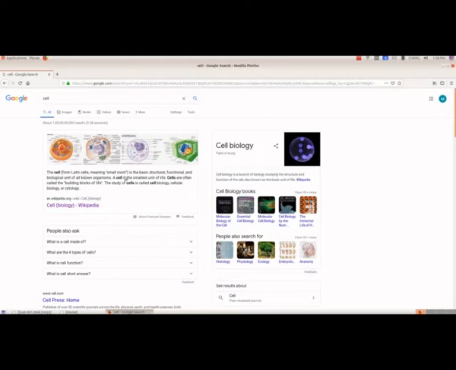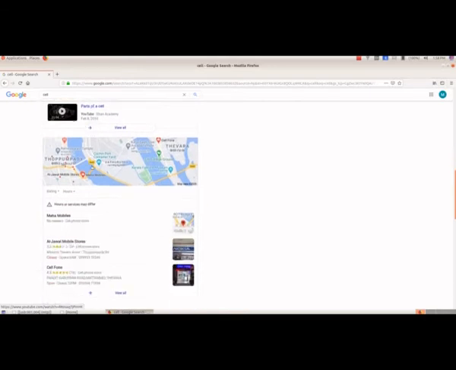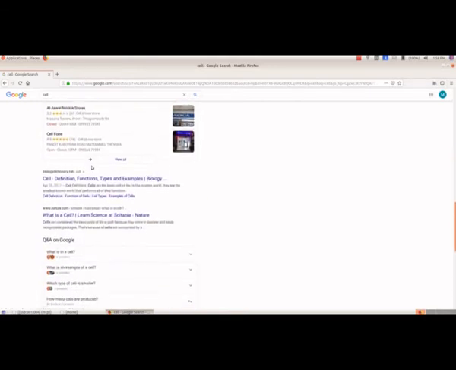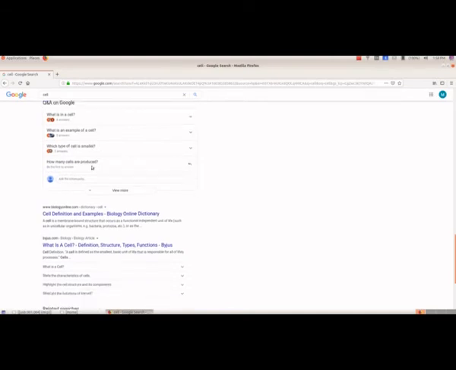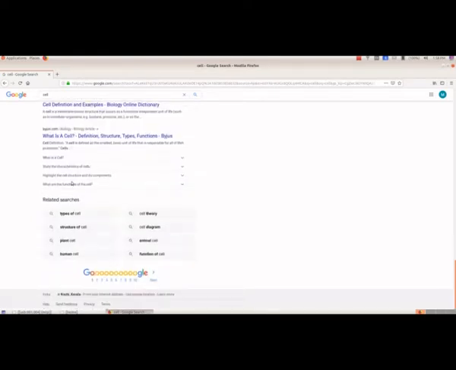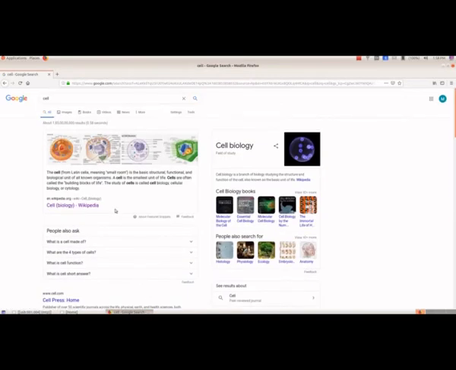Here we have the images, we have the definition, and if we scroll down we have the videos regarding cells. These different kinds of information, documents, images, videos, are stored in different pages. Here we have 10 different pages where we have the information regarding cells.